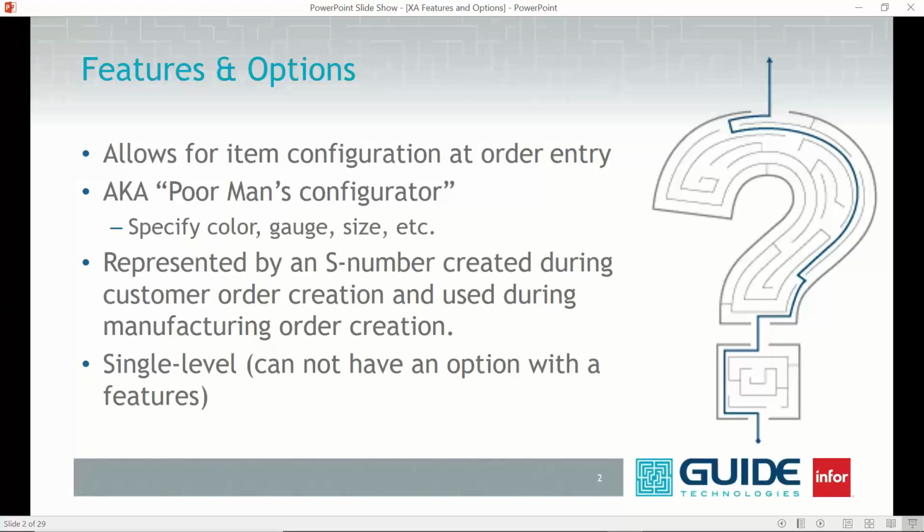Features and options is a way of setting up and customizing your items within XA that allows for configuration. It's really what I like to call a poor man's configurator. There are third-party products from Infor and from outside of Infor that can do configuring for you, and they offer a lot more robust features, maybe a lot more options of ways that you can configure your items. But within XA, for what I would call simple, and even I've seen some customers do some pretty complex things with these, there is the ability, native in what we call vanilla XA, to do features and options